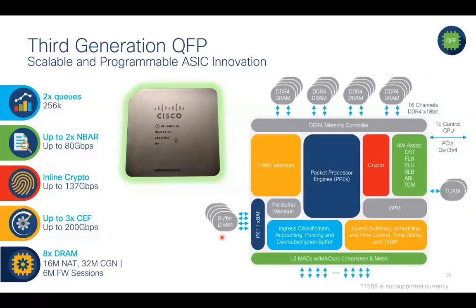This is the block diagram of how QFP is built internally. We used to have the traffic management and packet processing engine components earlier as well. But what, as I said, is added is the crypto and hardware assist capabilities. That is taking the way services are applied to a new level. We also have this 240 Gbps L2 aggregation that we talked about, ingress and egress, L2 and L3 classifications, all done internally within the QFP itself. Let's get deeper step by step into QFP, because this is one of the main building blocks for our aggregation edge.